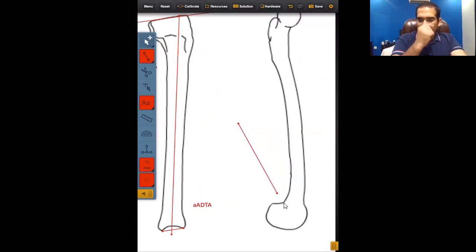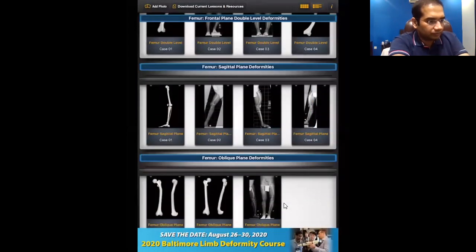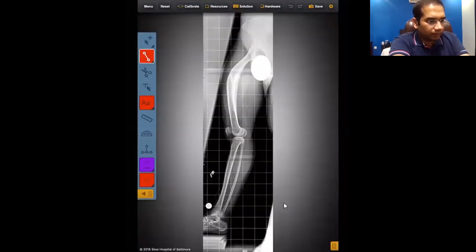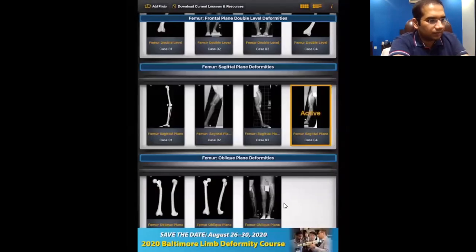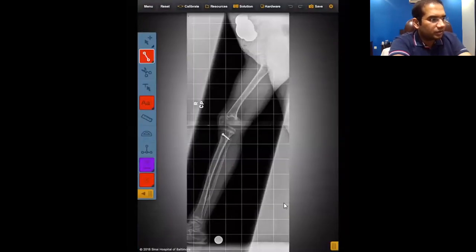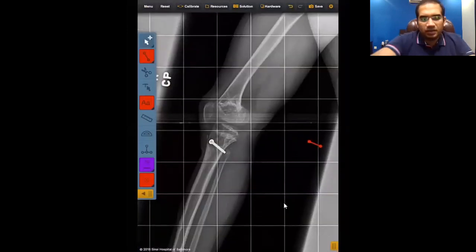As you have all seen in x-rays of patients who are skeletally immature, you can appreciate this. This is a skeletally mature patient; here, it is much better seen. There is a growth plate in the distal femur. This growth plate, this epiphysis, is the reference joint line of the femur in the sagittal plane.